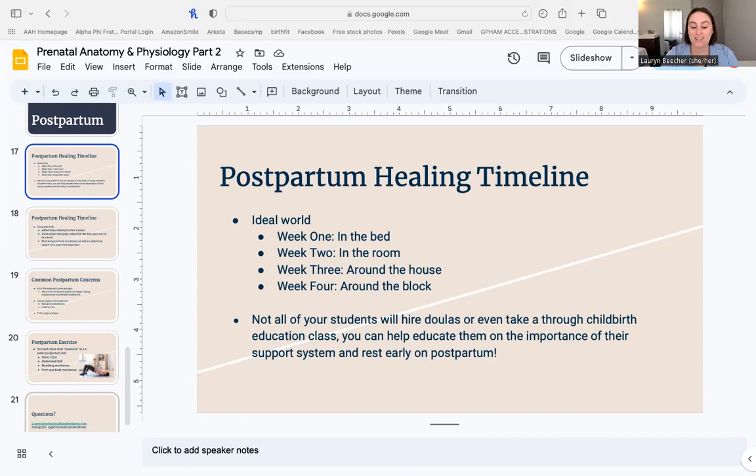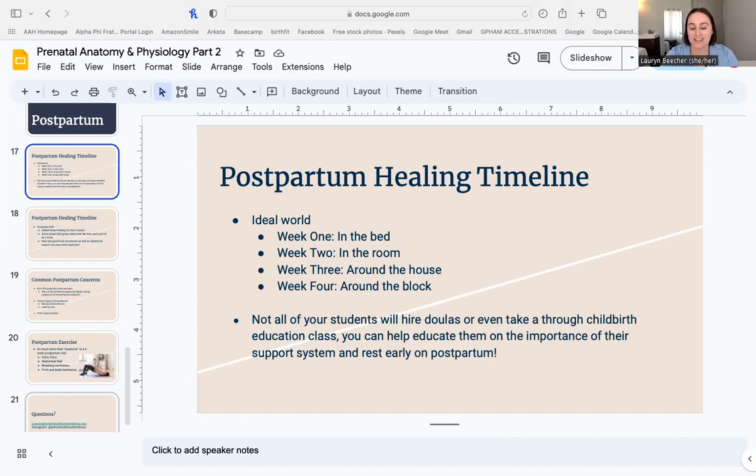The placenta, the organ that your body grows to support the growing baby, creates and leaves a wound on the inside of the uterus that's about the size of a plate. So if you think about a good sized wound on the inside of your body, getting up, moving, going up and down the stairs, trying to walk blocks and blocks early on postpartum can extend how long it takes for that wound to heal. So that first week, you are working on healing, you are resting, you are co-regulating in an ideal world.